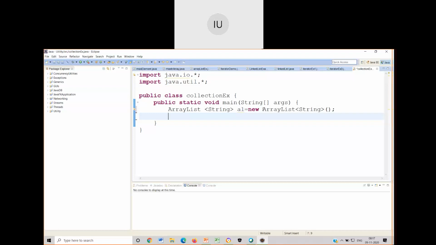Now let me read n number of strings, store them in this array list, and as and when required I will use that. I have to read so many strings, so accordingly I have to create a scanner class object.